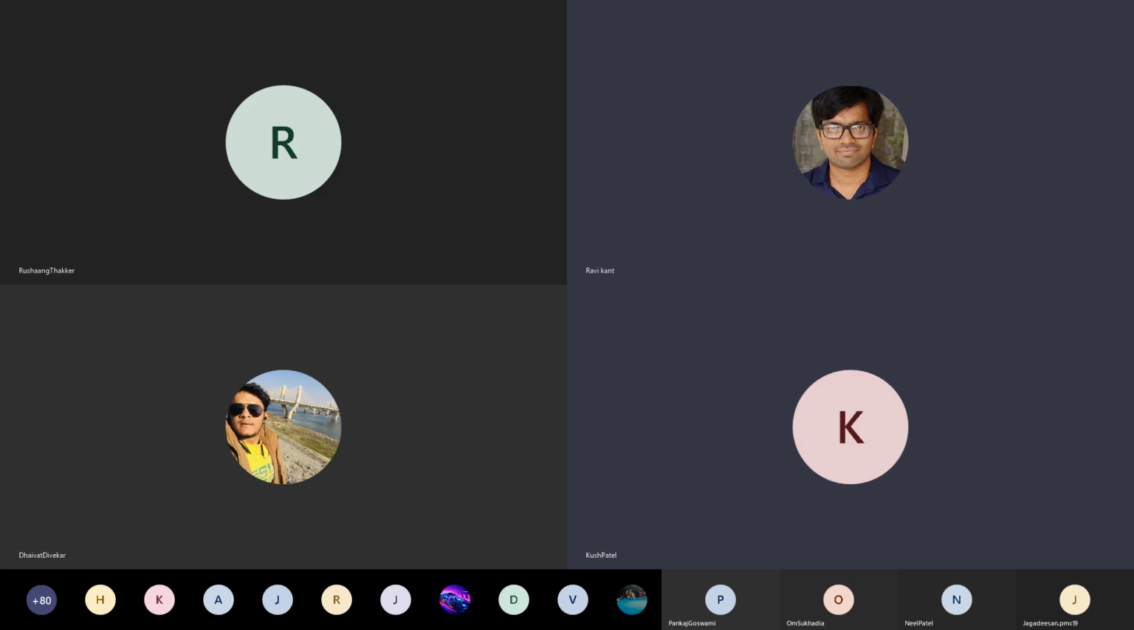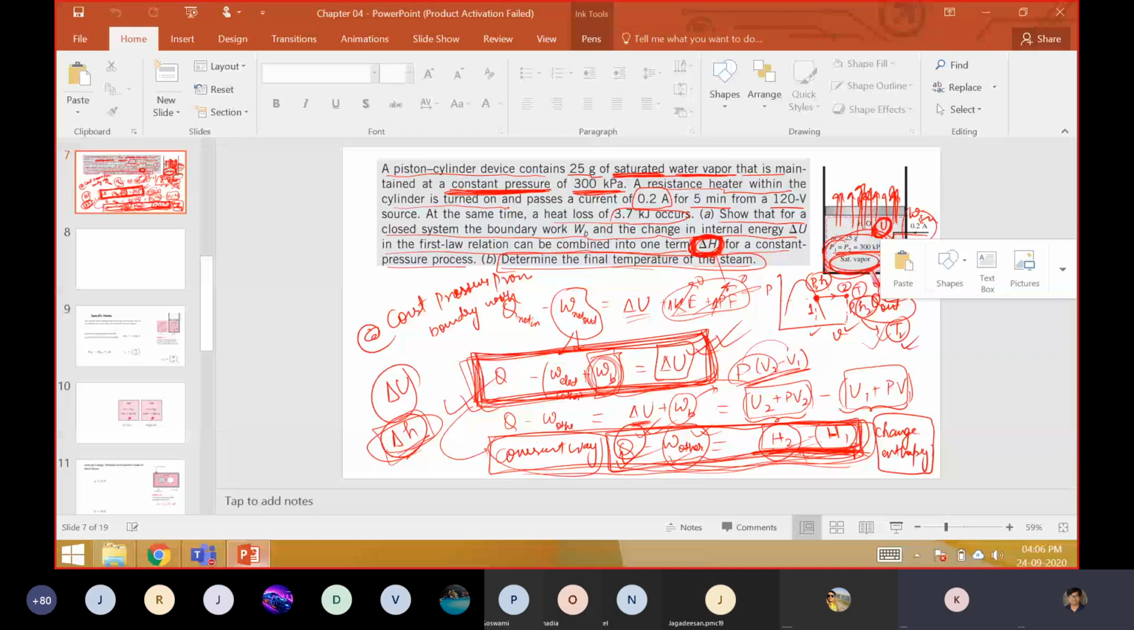Okay, in the last class we were doing some numericals. So in that numerical, what we had is a piston cylinder arrangement with 25